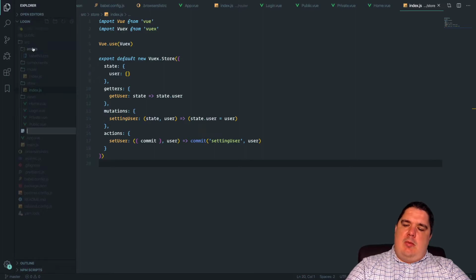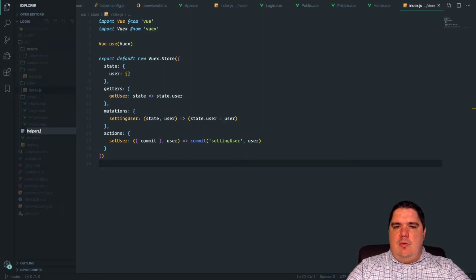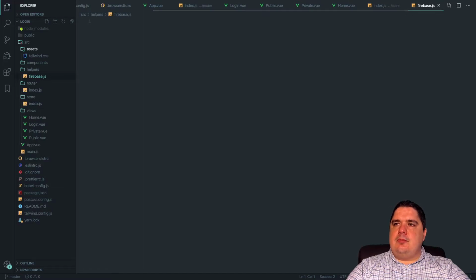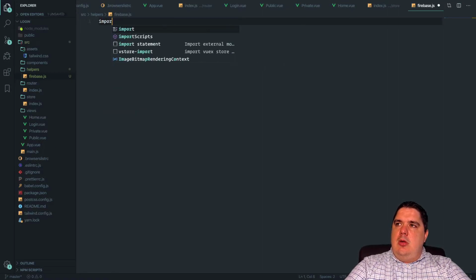So what I like to do actually, in my source directory, I would like to create my helpers folder, and in there I would actually create my Firebase.js file. In here, I need to be importing my Vue from Vue,